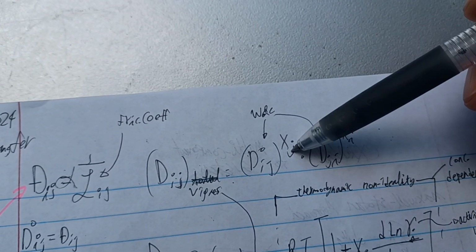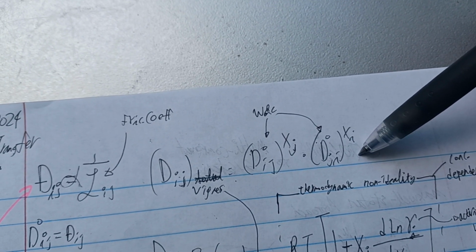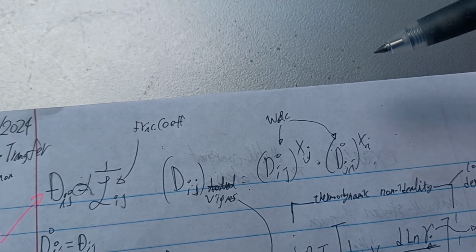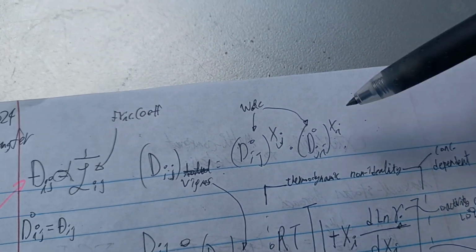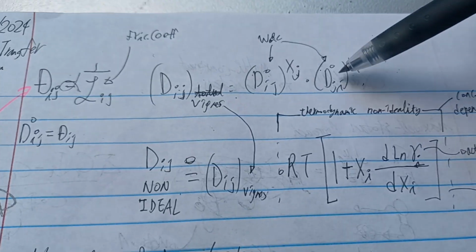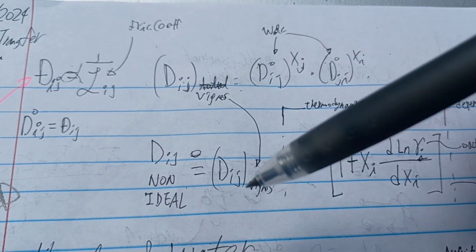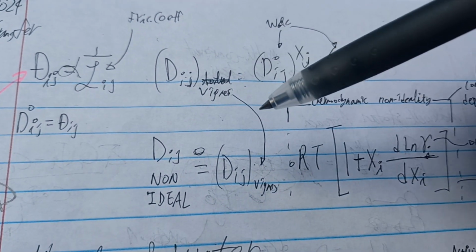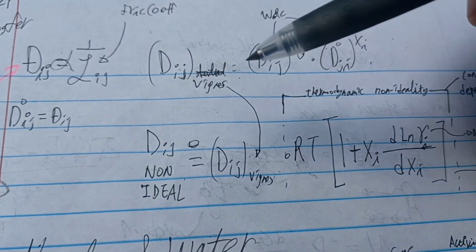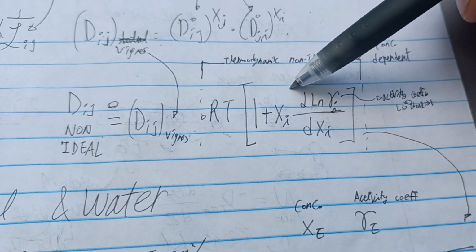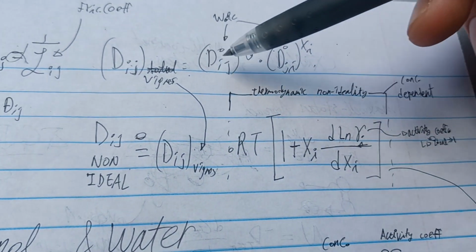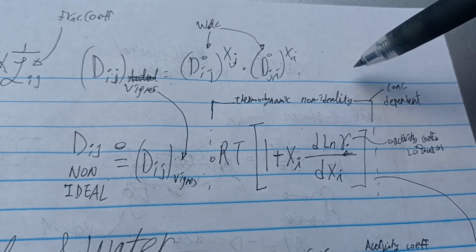We get this infinitely dilute diffusivity through the Wilke-Chang equation. And once we have that, through that we can get the Vignes, and we can get the actual non-ideal or practical diffusivity by multiplying it with the thermodynamically non-ideal